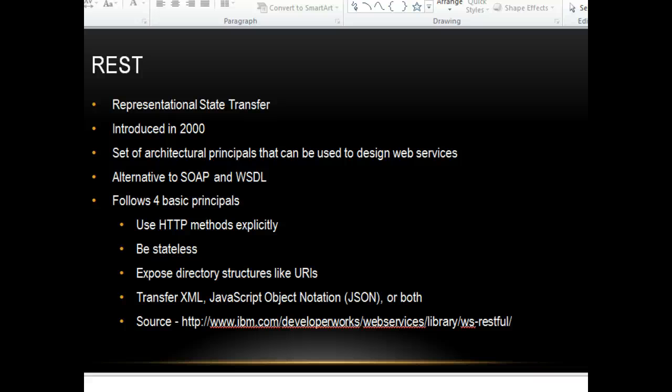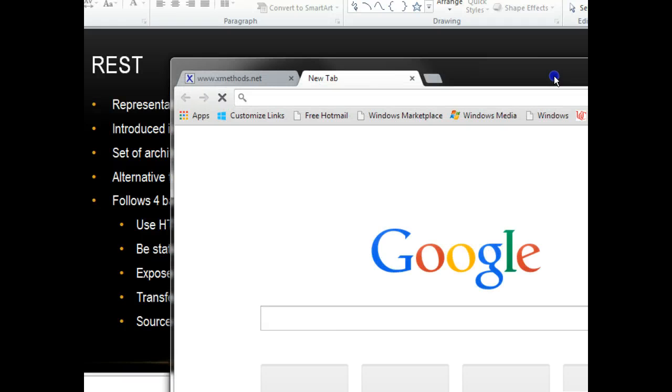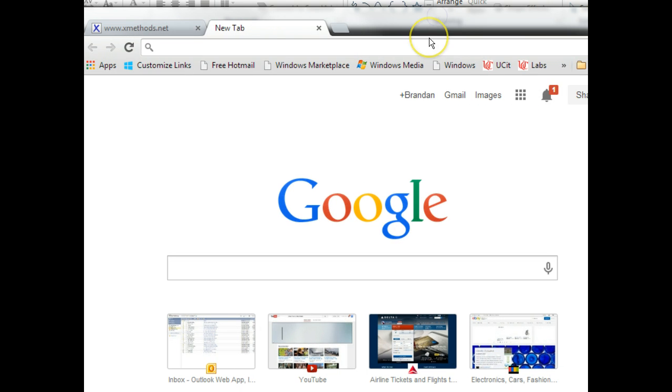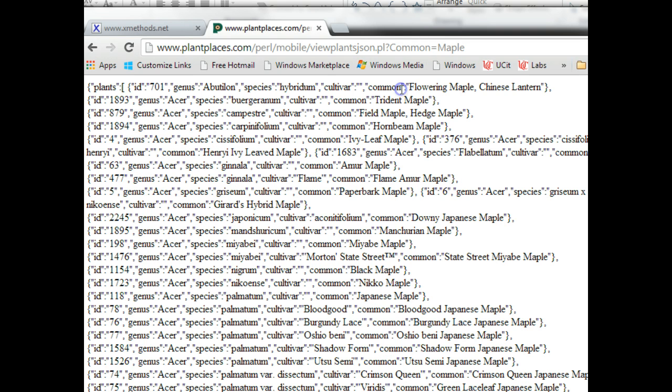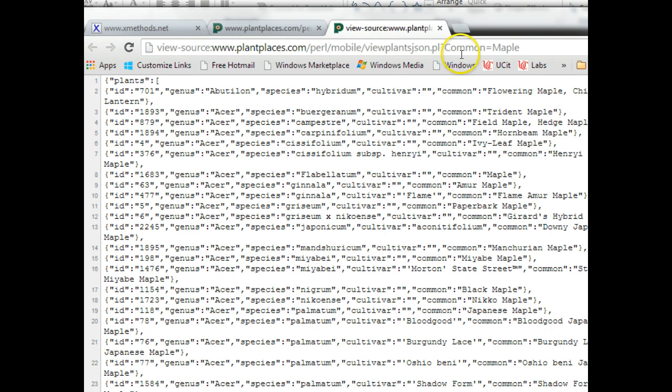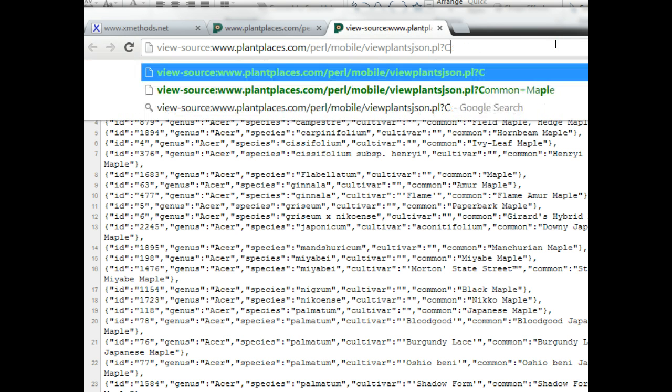REST, representational state transfer. This is a lightweight version of how we can do web services. One option it gives us is that we can either do XML or we can do JSON, JavaScript Object Notation. JSON is a lighter version, a kind of lightweight way we can communicate, and I know I've shown this a couple times before. It's worth seeing again. This is a JSON feed from plantplaces.com. So we see if I say common equals maple, I think I also had a combined name